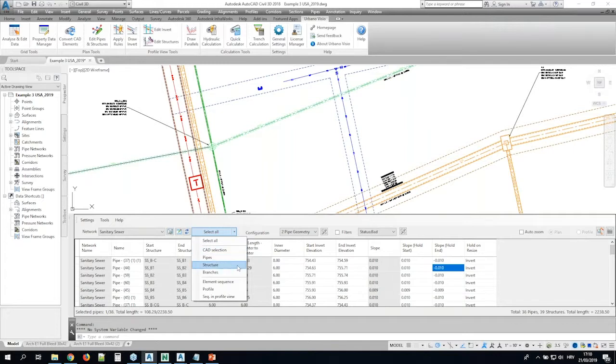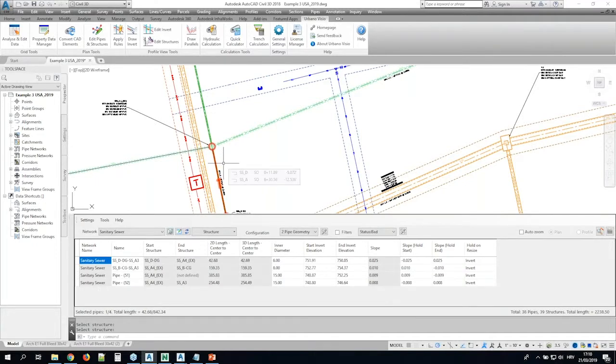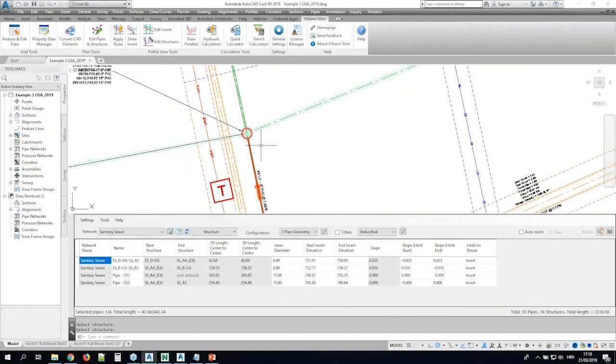Okay, so of course you don't need to look at the whole network all the time. So you can actually select and browse different elements, so different pipes, different structures, like here, where when I go to the table, I see also visually in the drawing which pipe I'm looking